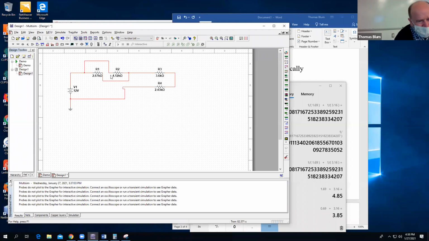So R1 and R2 are not in series, they're actually in parallel. Here's a connection of wire on one side. Here's a connection of wire on the other side. So don't say, oh, they're on the same horizontal or the same vertical, that means they're in series. That's not what we mean by